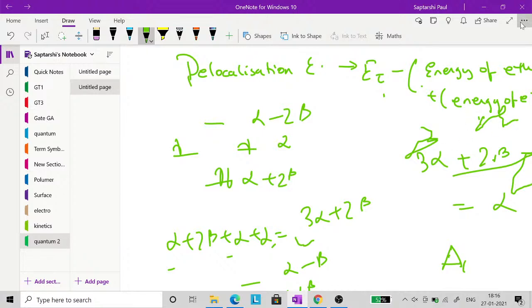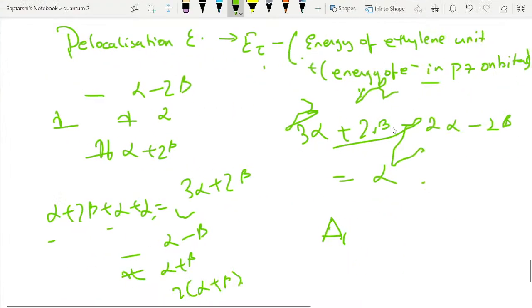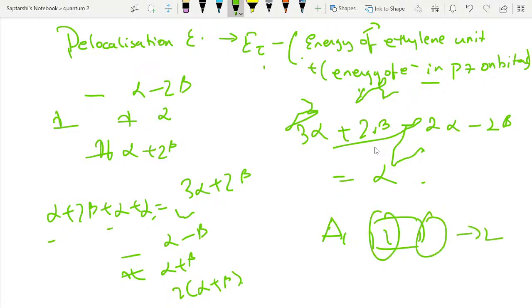Okay. There's actually a concept, sorry for those pen marks. The concept is the energy of the ethylene unit. See, in cyclobutadiene, you have to see first there are two ethylene units, so these things will be multiplied two times. And for cyclobutadiene, as we can see from here,